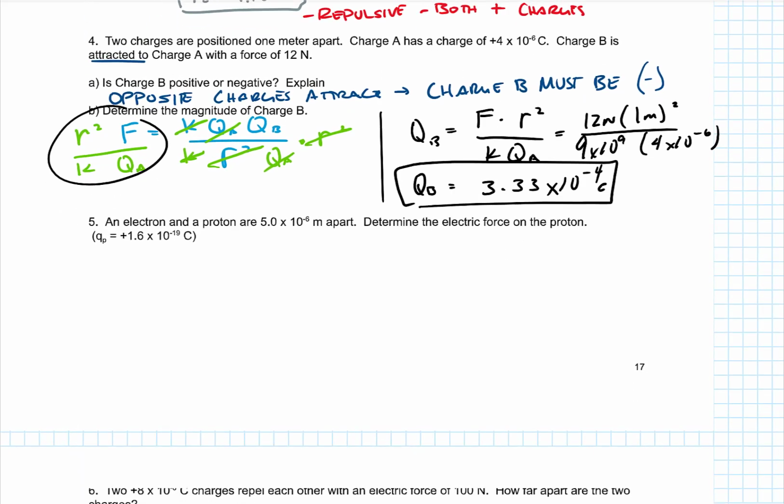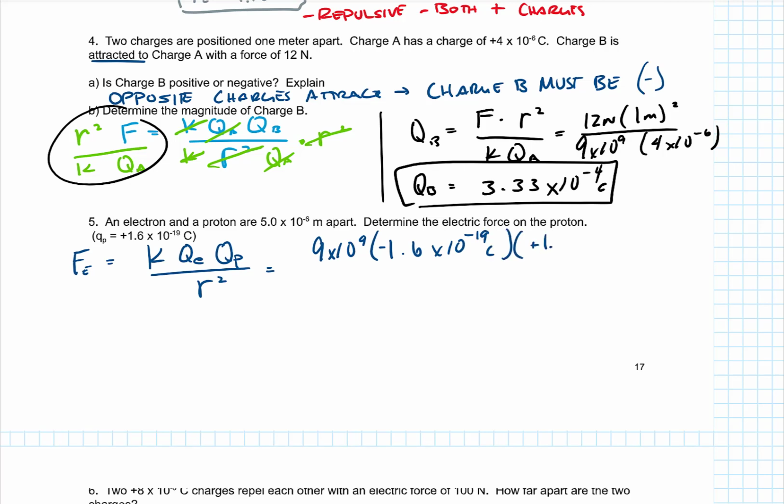All right, number 5, I have two charges, an electron and a proton, and I want to determine the force on the proton. So electric force is K times Q for the electron times Q for the proton divided by the distance separating them squared. So K is 9 times 10 to the 9th. The charge on an electron is negative 1.6 times 10 to the negative 19th coulombs. The charge on a proton is positive 1.6 times 10 to the negative 19th coulombs. And we're going to divide that by the distance they are separated by, 5 times 10 to the negative